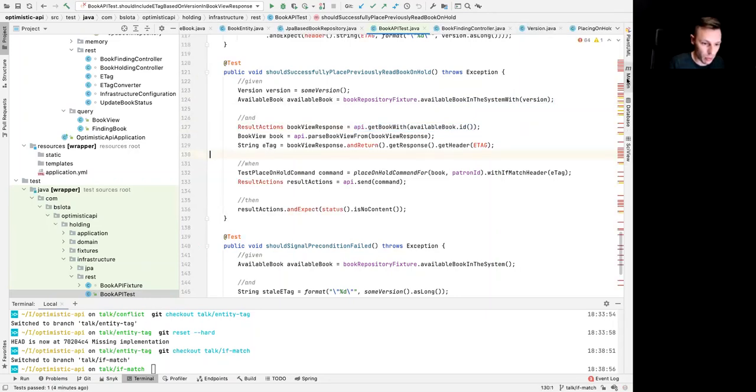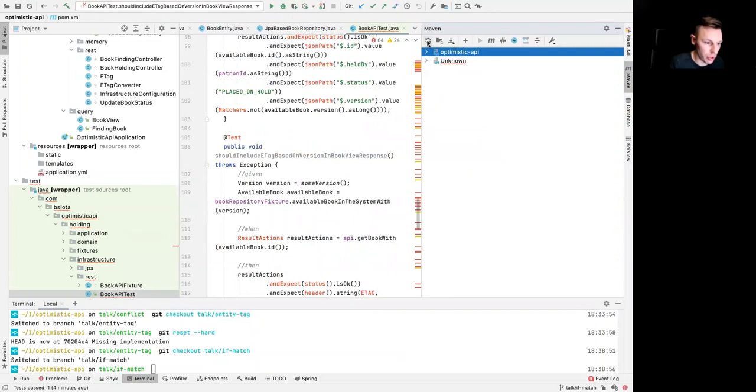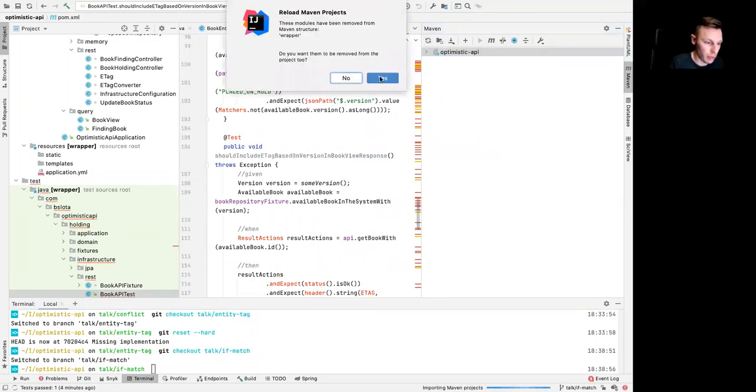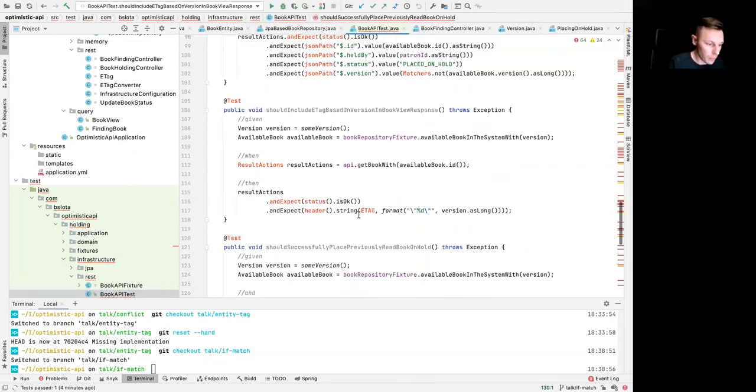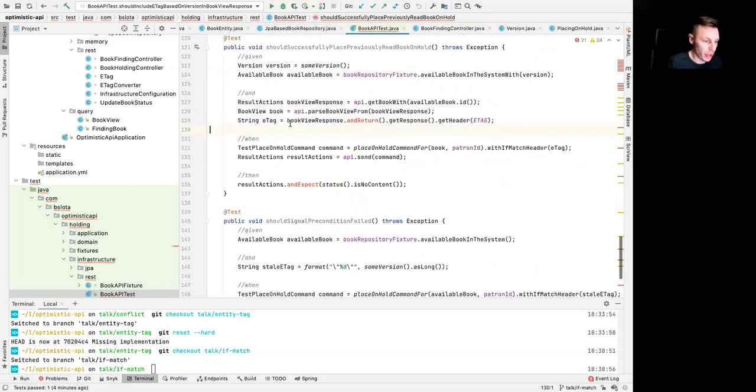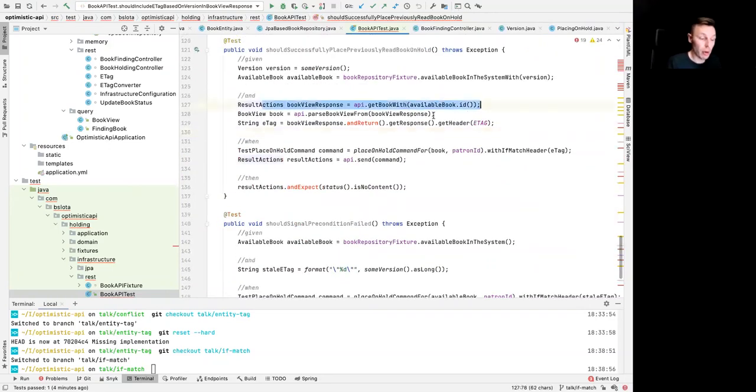okay, something went wrong with Maven. I will re-import the project. Hope it will help. Yeah, strange thing. Okay, we are here. We get the response from our API. We read the book view. We get the E tag value. And whenever we try to place the book on hold, sending the command of placing a book on hold that contains the If-Match header equal to the E tag value, we expect to get no content,